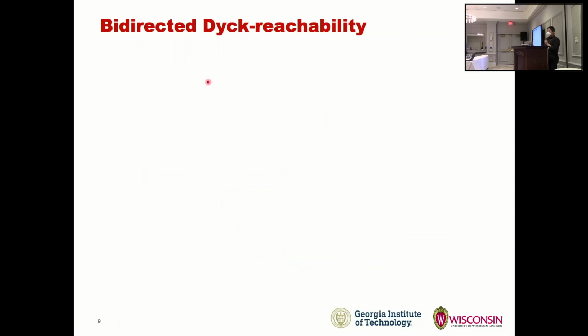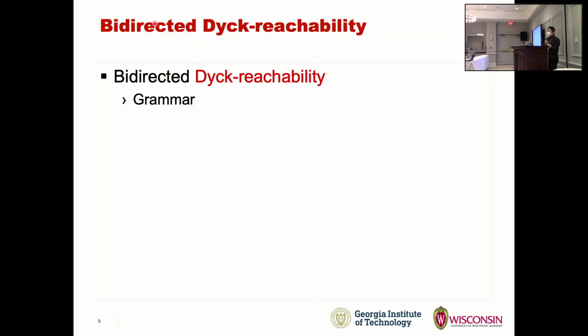And let's briefly introduce some background on bidirected Dyck-reachability. There are two keywords in bidirected Dyck-reachability. First is Dyck-reachability. Second is the keyword of bidirectedness. So first, let's take a look at Dyck-reachability. Dyck-reachability, as we mentioned, is a subclass